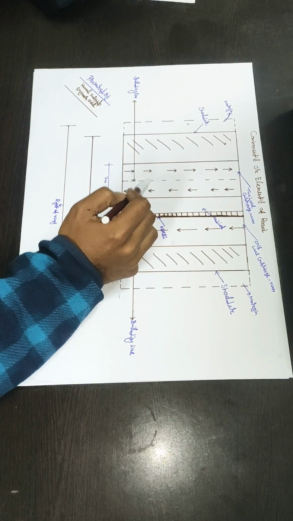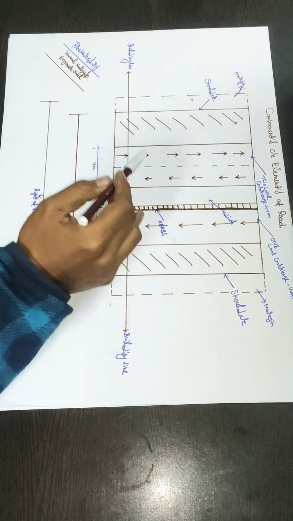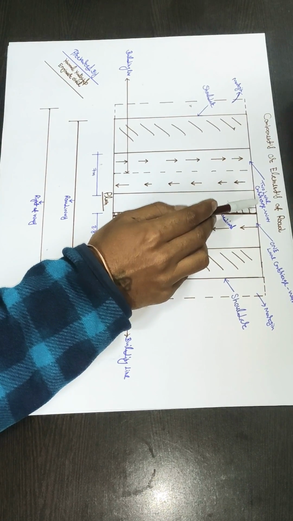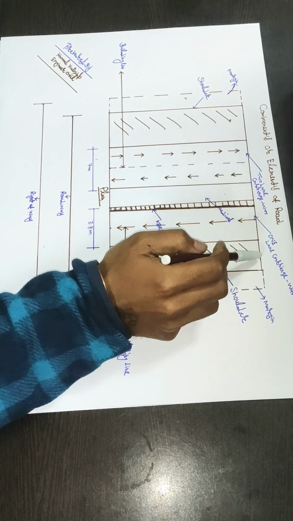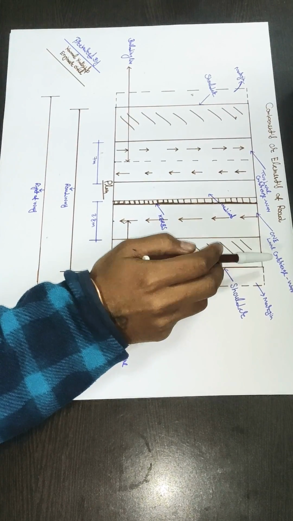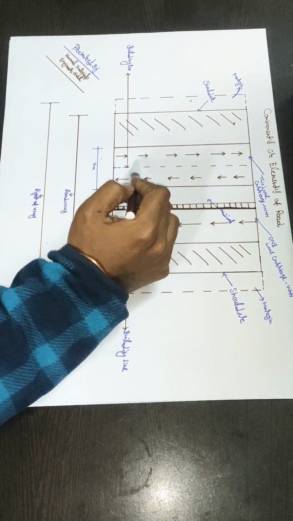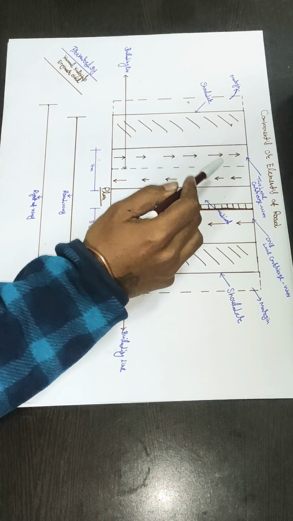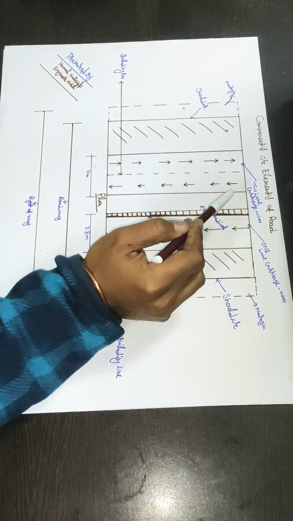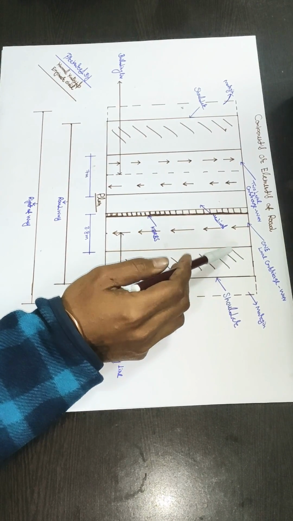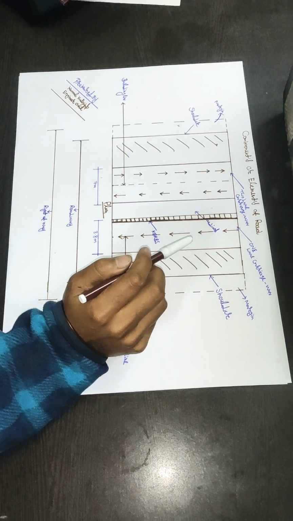Carriageway is the way on which traffic moves easily from one direction to another direction, and this is a two-lane carriageway. This is a two-lane carriageway, and this is a single-lane carriageway. In a two-lane carriageway, traffic moves in one direction on one side and in the other direction on the other side, and a one-way carriageway is one where the traffic moves in only a single line.